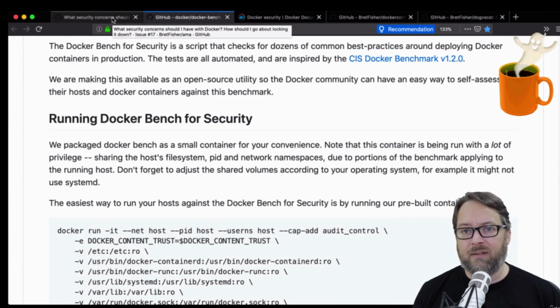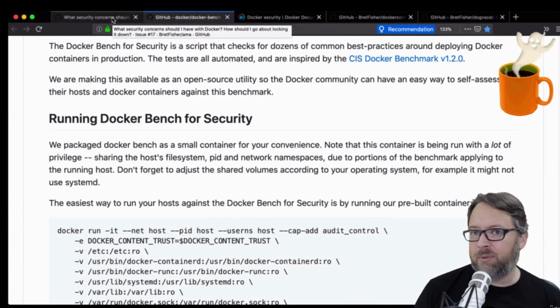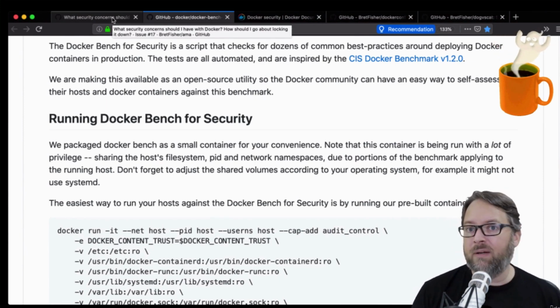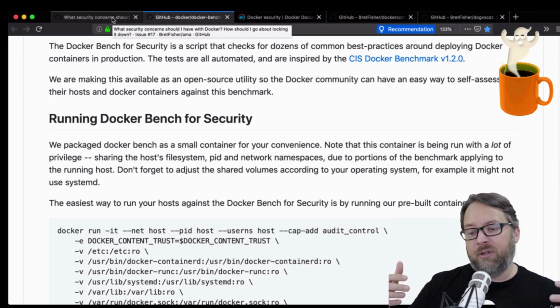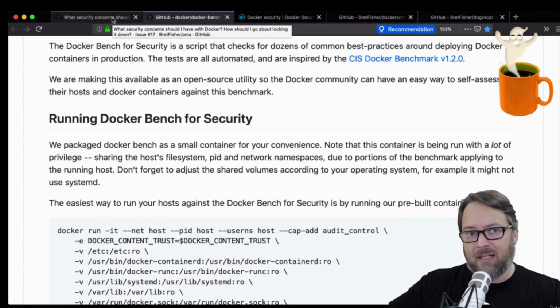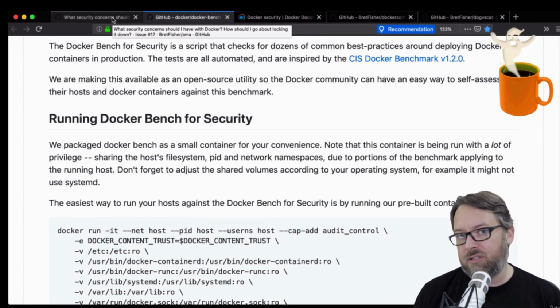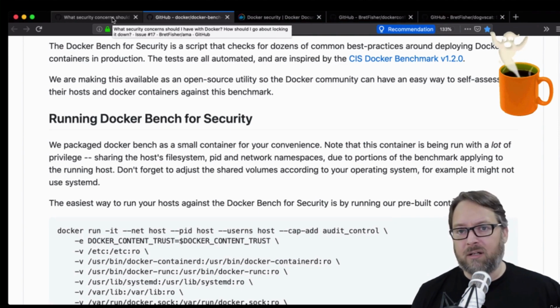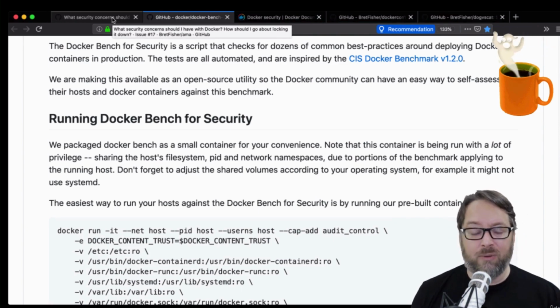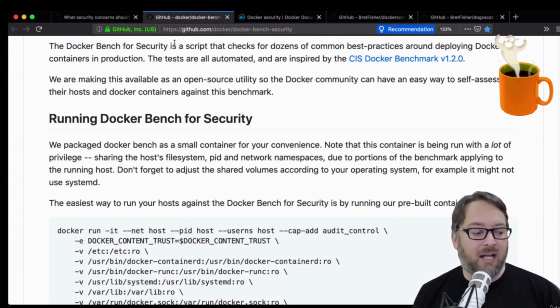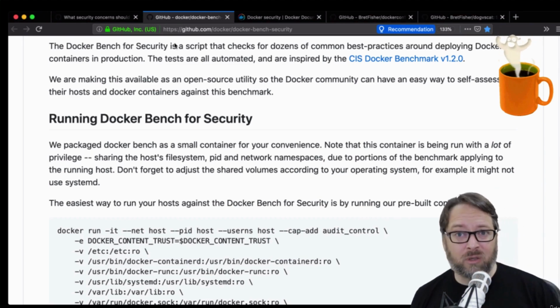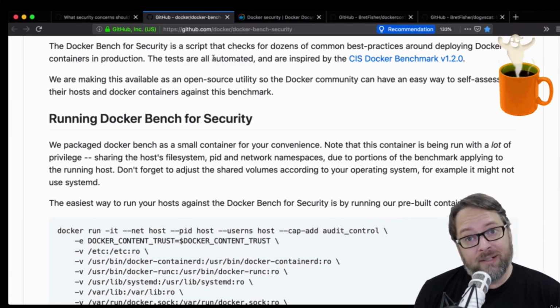If you're going to be building servers with Ansible or Puppet or whatever you're using to build servers, once you've got that configuration, I would deploy your servers into a mock setup, running your configuration tool. And then I would run Docker Bench against it. You would get a bunch of output, and you could go through those one by one, deciding, am I okay with this? Can I fix it? What do I have to do? Should I ignore it? That kind of stuff.